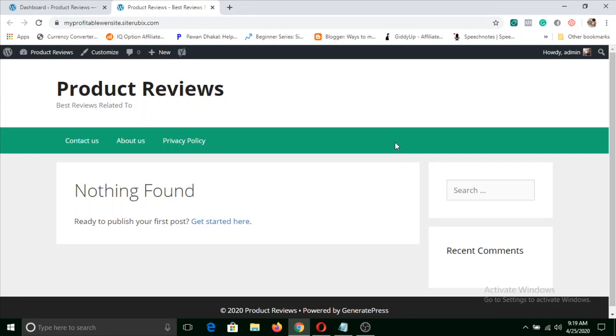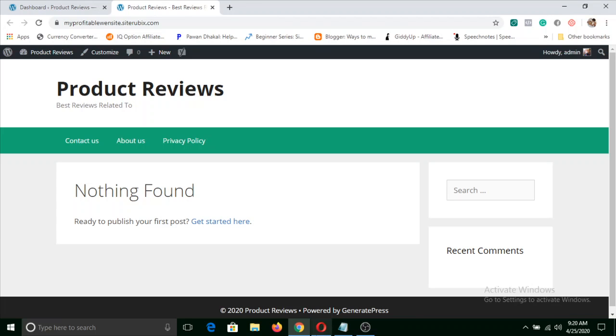So if you are following my tutorial, now we have already made a website which looks something like this. Now we are going to remove these words and put a logo that we'll design by ourselves, and we'll also customize some menus here, and we'll put our privacy policy in below. We'll do all of these things step by step. So follow this tutorial properly.